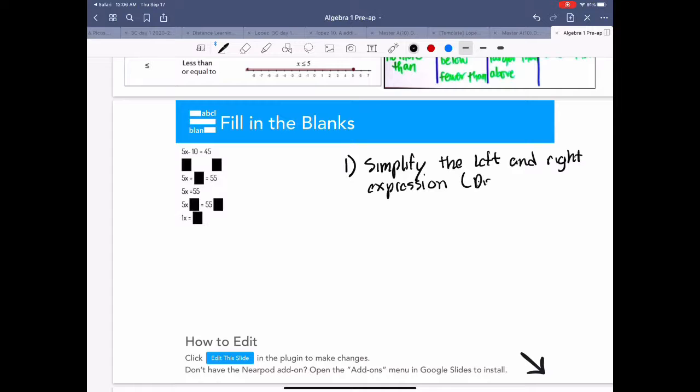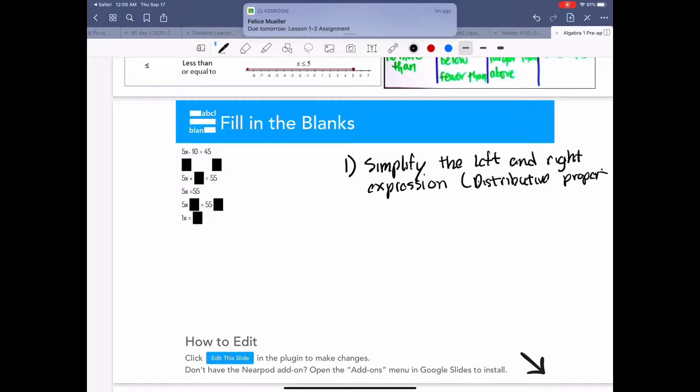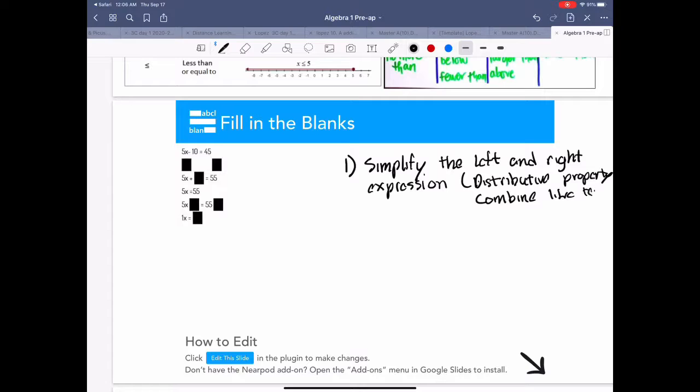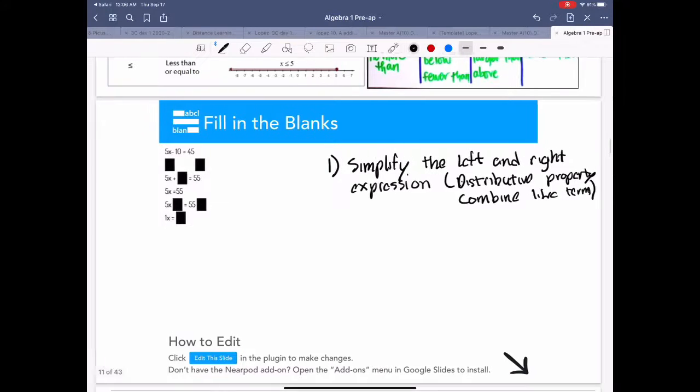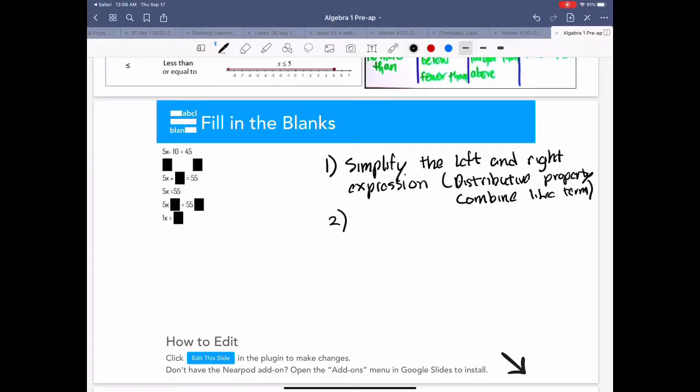So I'll put that in parentheses. Two, you're going to add or subtract to isolate the variable